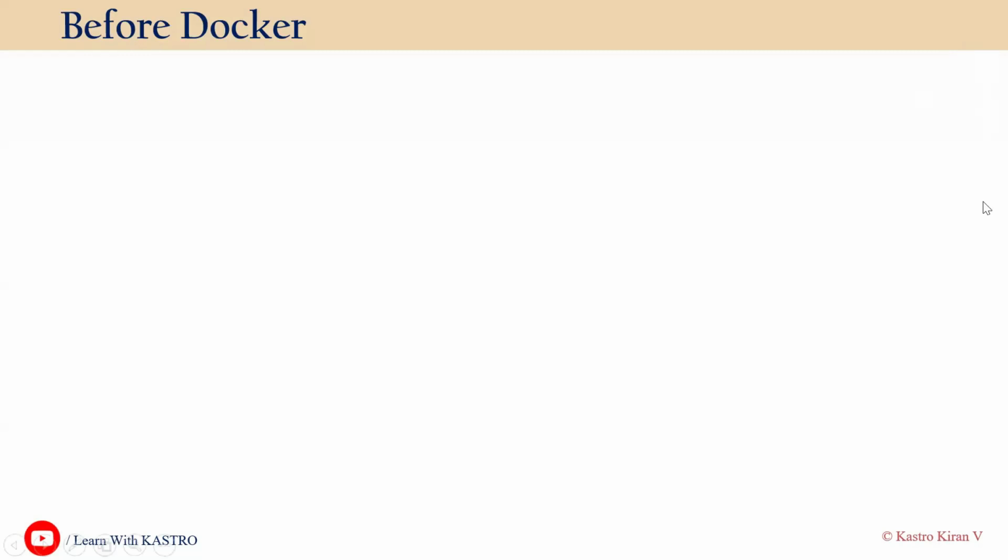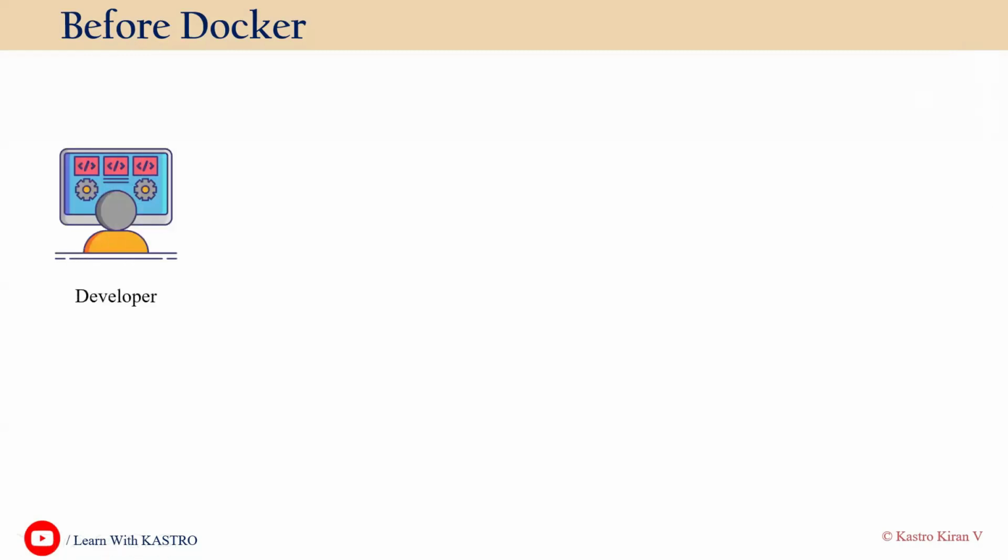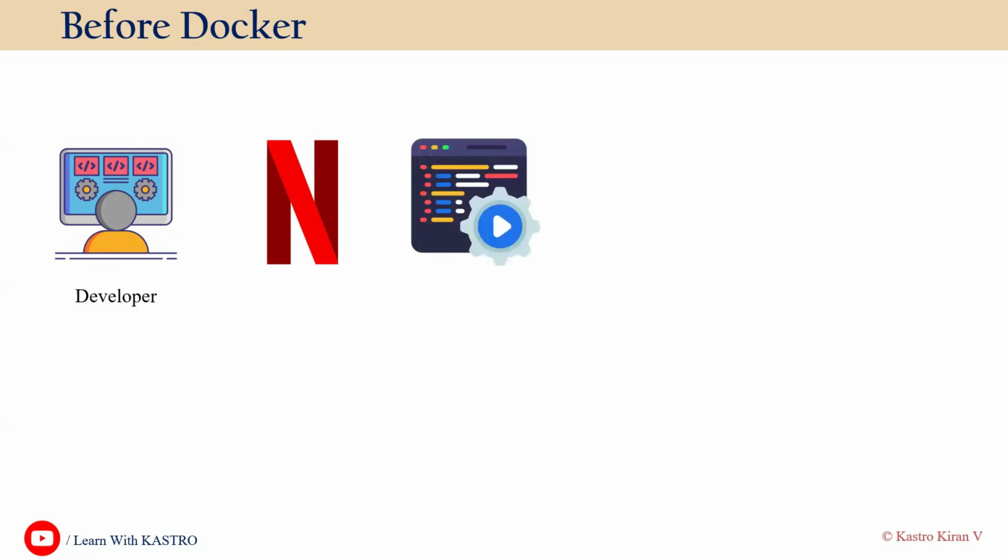So to explain this, let me take a scenario here. Let's say a developer wants to develop an application called the Netflix application. Whenever a developer wants to develop an application, developers will be writing the code for the application. The code will be written by using different software such as the Java programming language, Node.js, Spring dependency, Spring Boot dependency. Like this, multiple versions of software of different categories will be used in order to develop the application code.